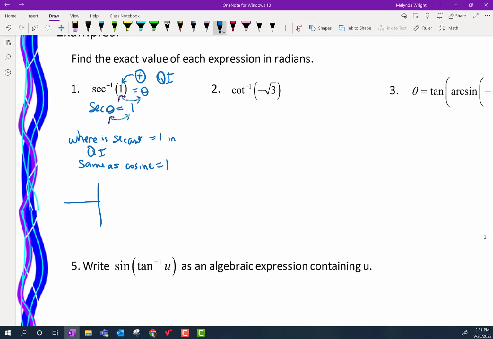So the unit circle is something you're going to have to know. We're going to be in the first quadrant. We need to figure out, so let's see, secant is the same as cosine. So cosine maps to the x. So we want the x to be 1, which puts us right here. That's where x would be 1. We know that coordinate point is (1, 0). And again, cosine maps to the x. So our answer is going to be basically 0 radians. You could write 0 radians if you want to, or you can just write 0,